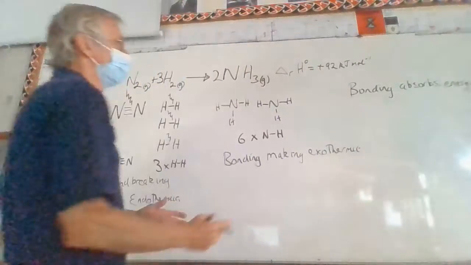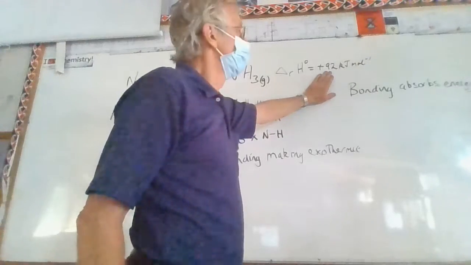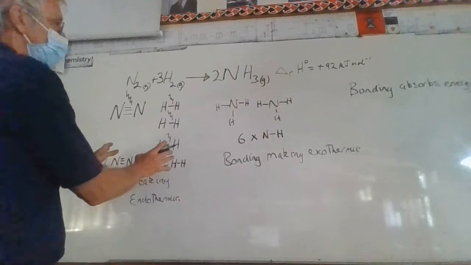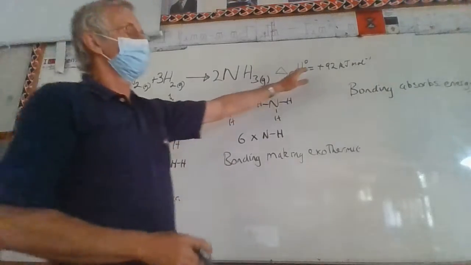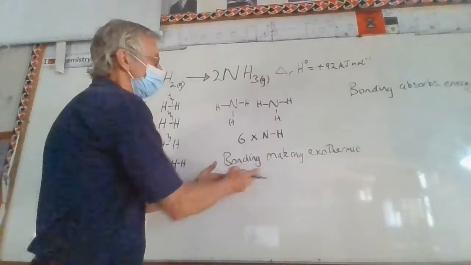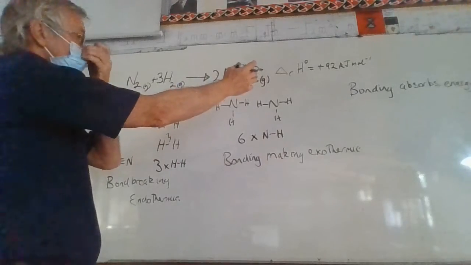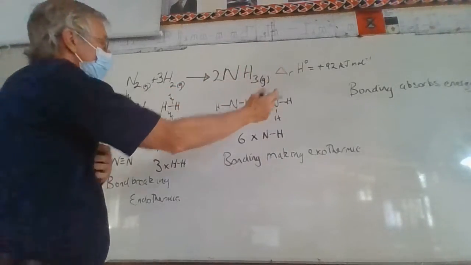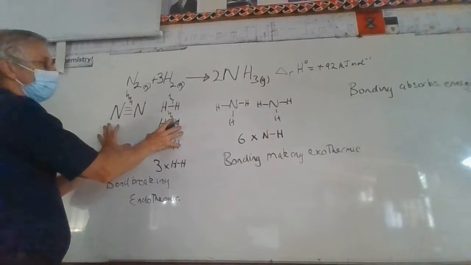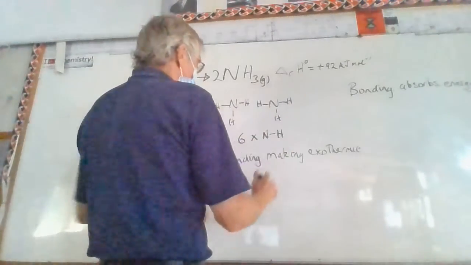And in this reaction here, we see that overall 92 kilojoules per mole is absorbed. So that means that breaking these bonds takes 92 kilojoules per mole more than is given out when these bonds are made. So if a reaction overall is endothermic, it means the bond breaking process takes more energy than is released by the bond making. So in this reaction,